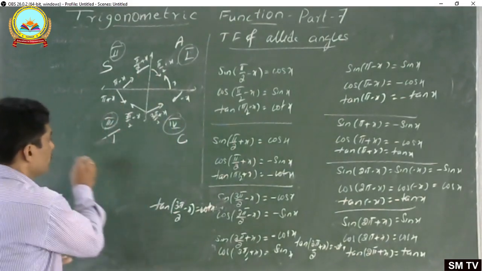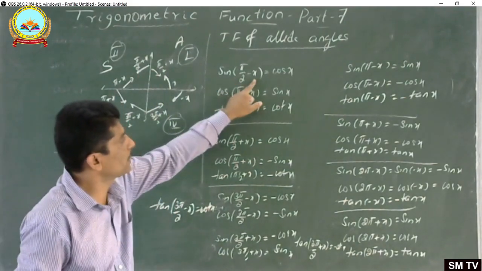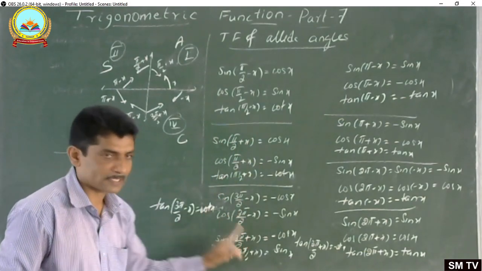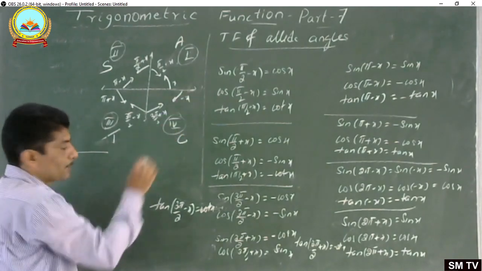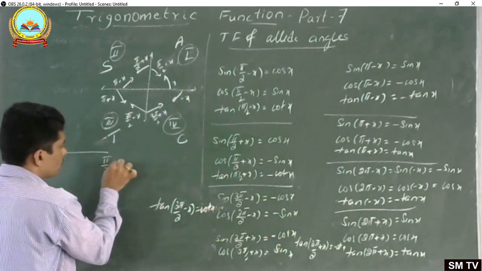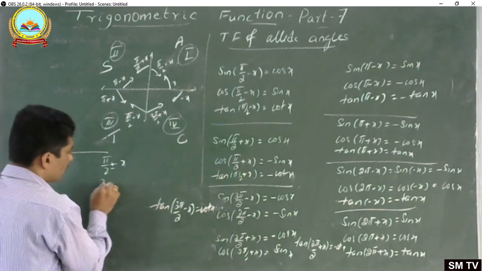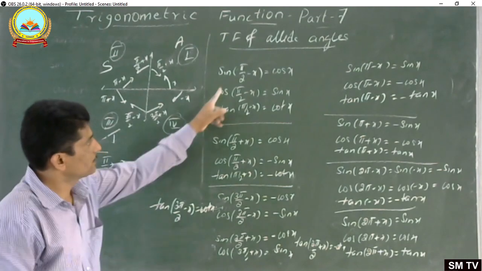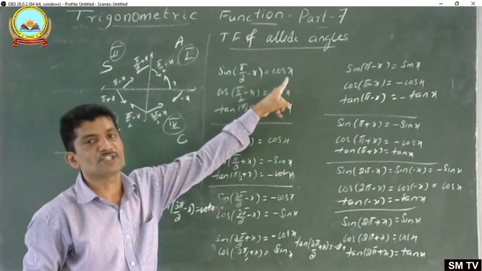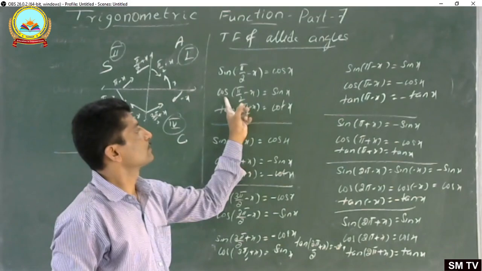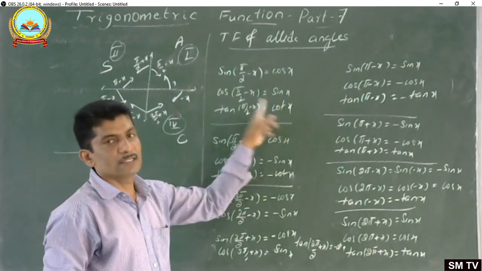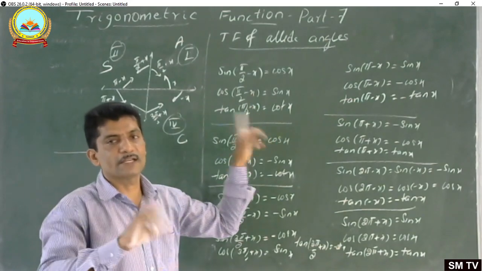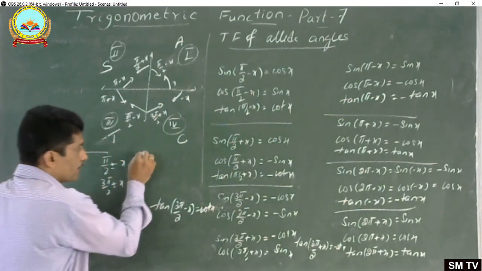And also remember, observe the result: pi by 2 minus x, pi by 2 plus x, 3 pi by 2 minus x, 3 pi by 2 plus x. This one is odd multiple of pi by 2, 1 into pi by 2 plus or minus x, 3 into pi by 2 plus or minus x, odd multiple of pi by 2. The sign and trigonometric name is changed. Sin to cos, cos to sin, tan to cot, similarly cot to tan, and secant to cosecant, cosecant to secant. You know that name change